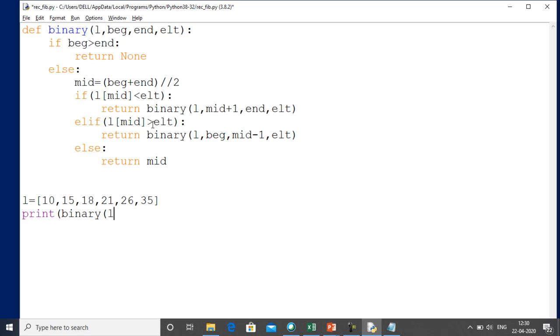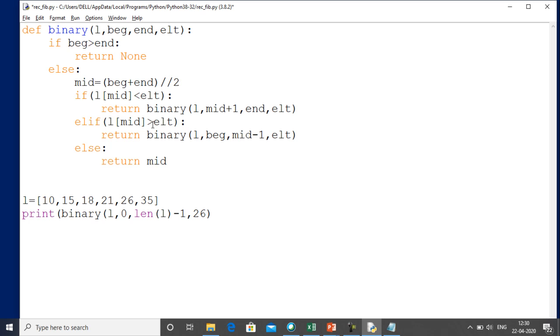In that we will first send the list L, the starting position, that is 0, and the end will be length of L minus 1, right? And suppose we want to search the element 26. So we will send this one.